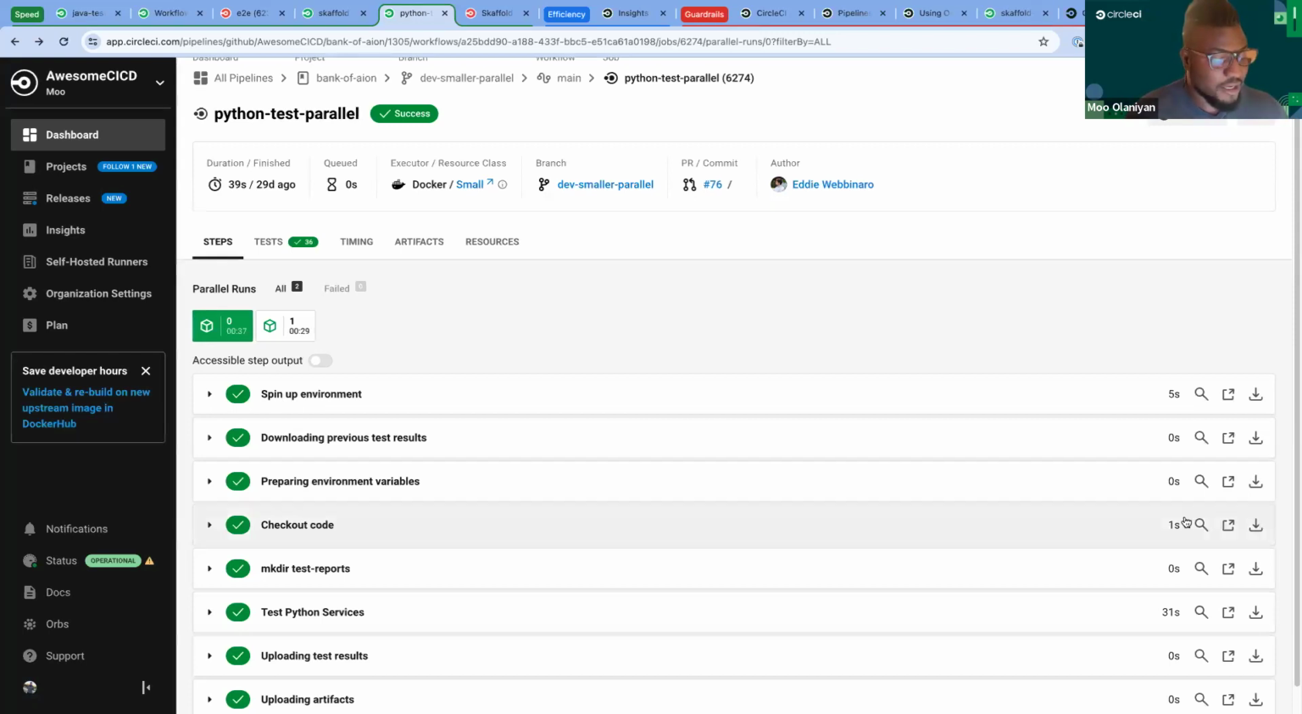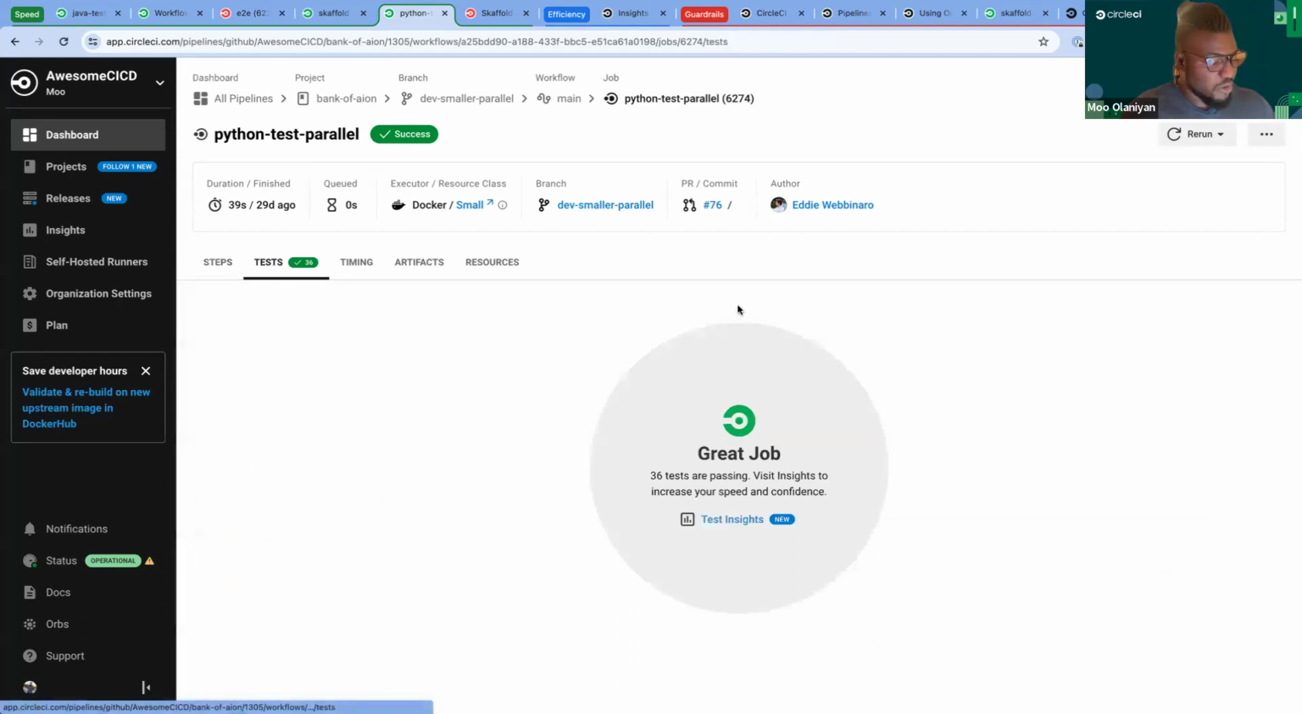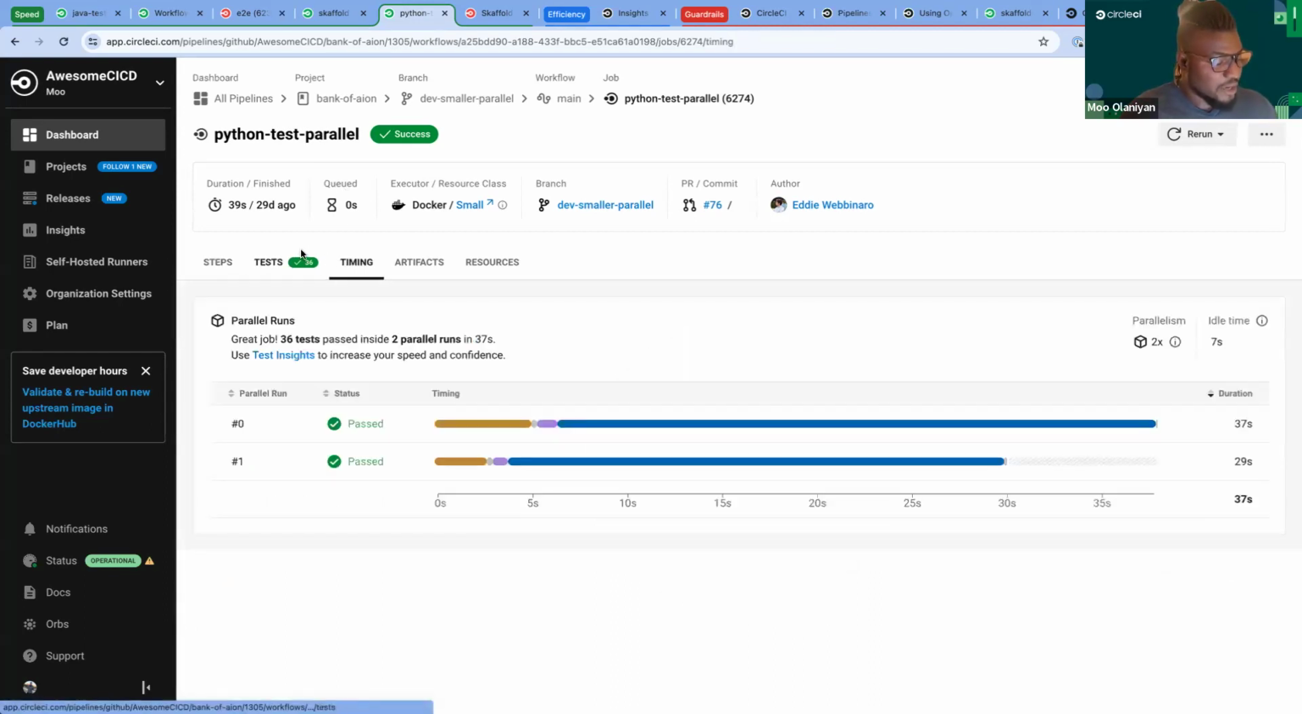What that does essentially is spin up an exactly identical environment to this, right? You can see these are the two parallel runs here, exactly the same Docker small. On top of that, we can impose what's called test splitting. This is a feature that allows us to equally distribute our test cases based on a provided parameter, such as the file name, or if you want to get real technical with it, how long they take to run. For this particular run, you can see we're running 36 tests, and we have split those tests up into two